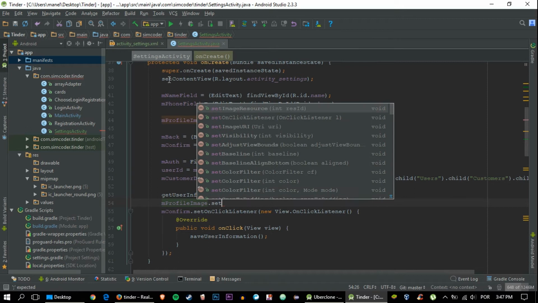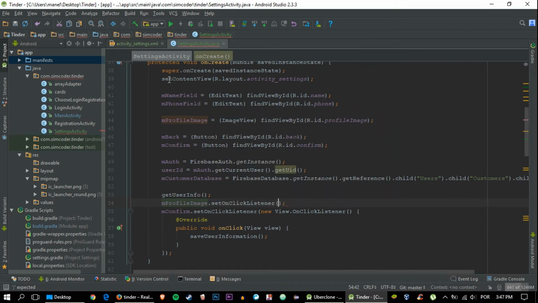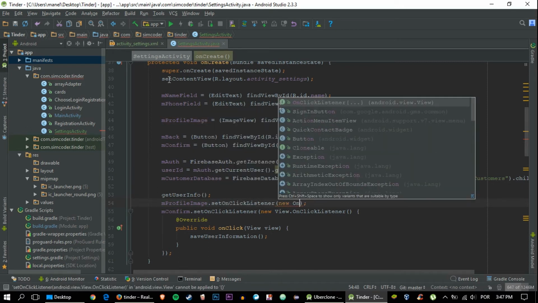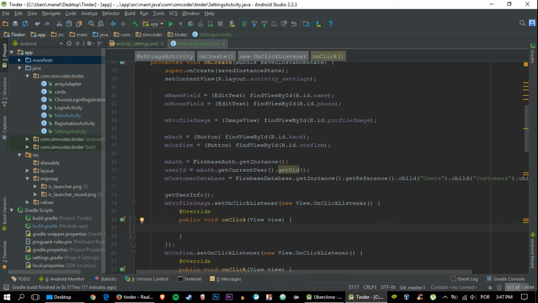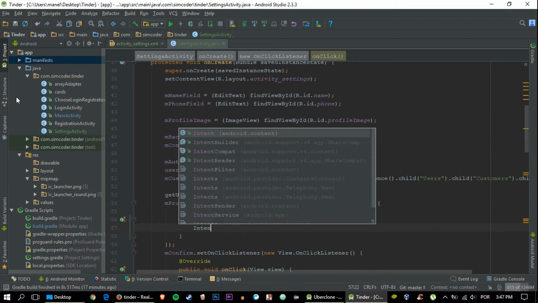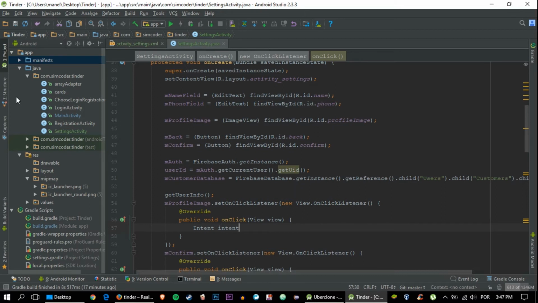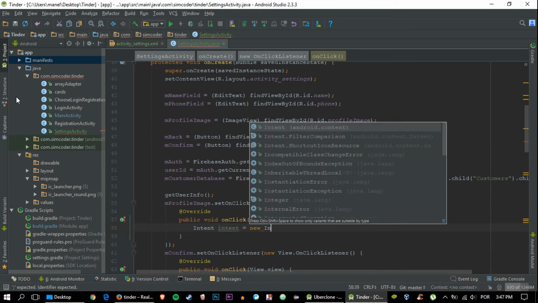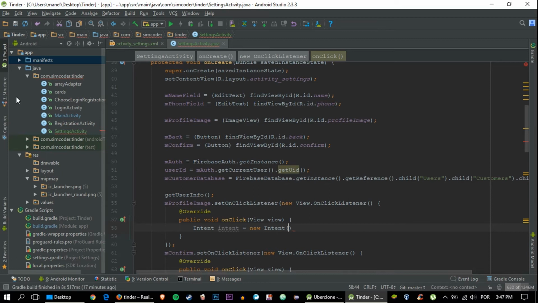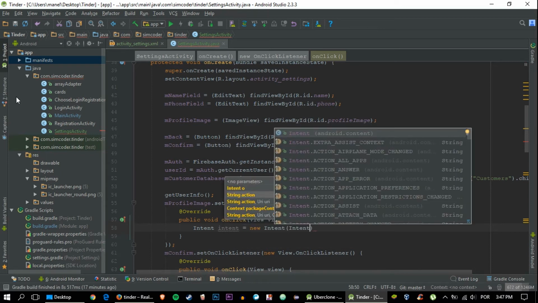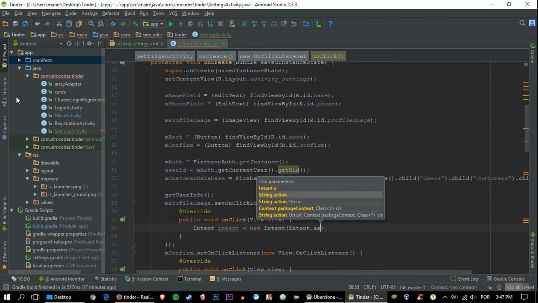So set on click listener, new on click listener, and on click we are going to create an intent. Import class. So new intent dot action,